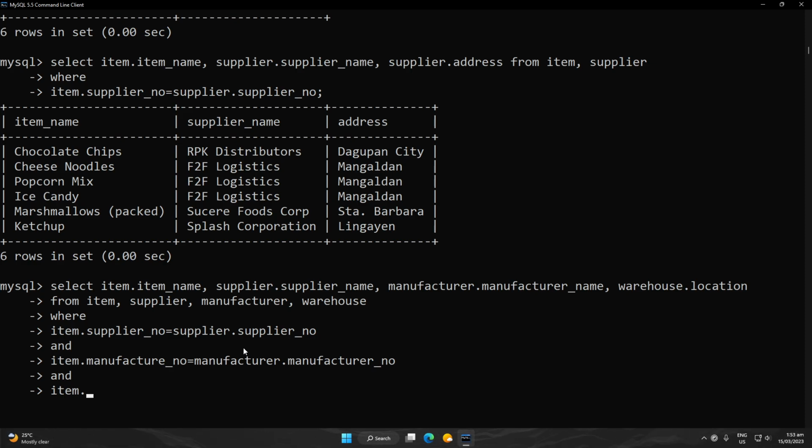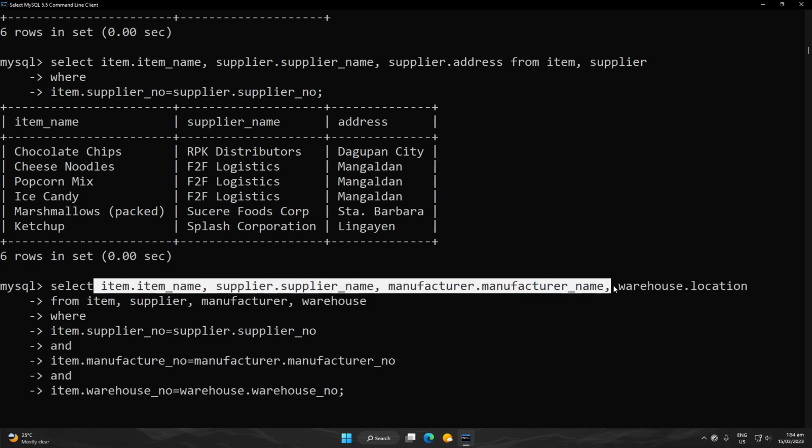Otherwise, you have to look for other ways. Maybe we can discuss that later on. So there we go. Item will connect the item table to the warehouse. So item warehouse number, which is its foreign key, connects to the warehouse table, which has the primary key of warehouse number. So if we use this query here, it will get these items from these tables,